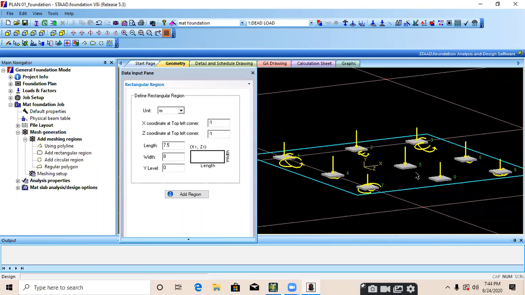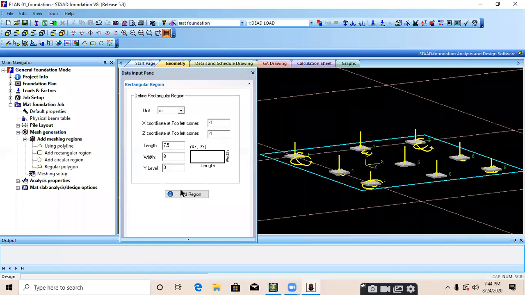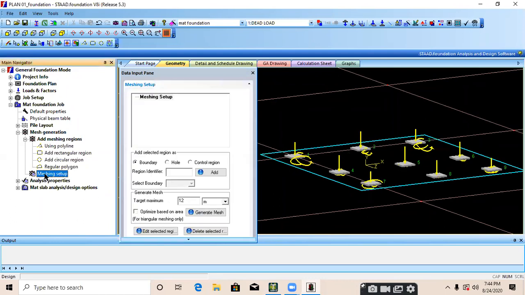It's your mat. Now we need to divide this, or create a mesh, in this particular rectangle. Go to the meshing setup. Click on that option. We need to provide an identifier. Identifier means the name of that particular mat.